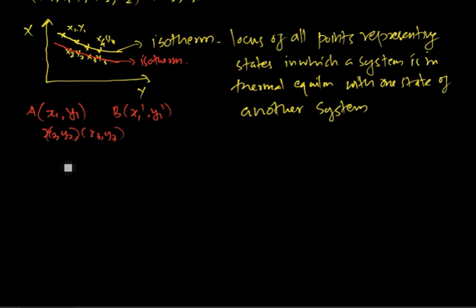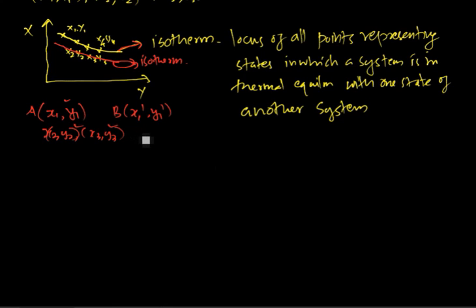That is, for a particular isotherm, this system has some property in common for the states x1 y1, x2 y2, x3 y3, x4 y4 etc. Or for this isotherm, the different states x1 y1, x2 y2, x3 y3 etc. of the system have something in common,